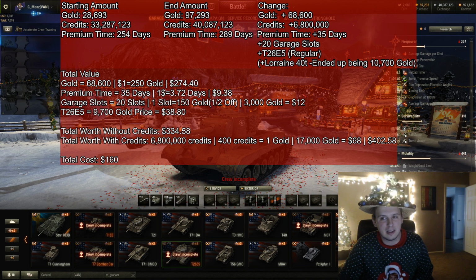It's about 2%. I got 2 of them out of 100, with the T26E5 and the Lorraine 40T. As far as the lower tiers, it's a little bit higher. Like I got 18 of them, give or take, because the garage slots, I'm pretty sure I got 20. It might have been a couple more, a couple less, but more or less,